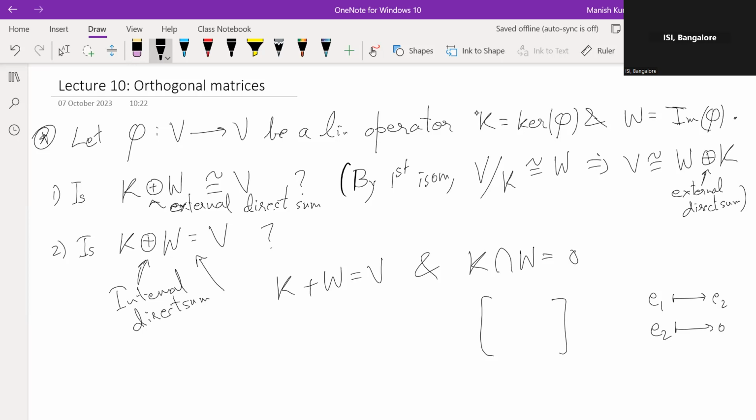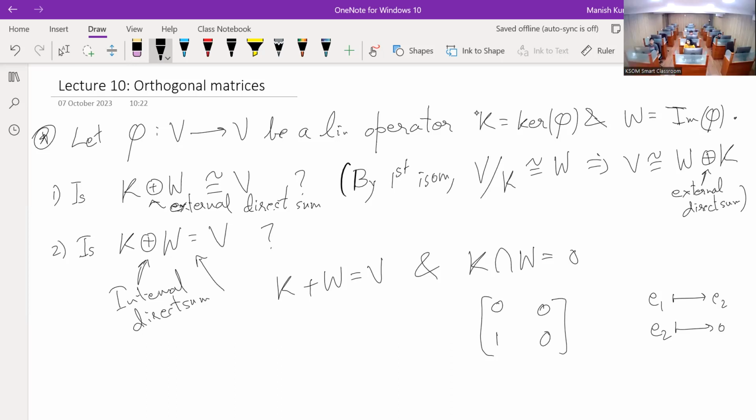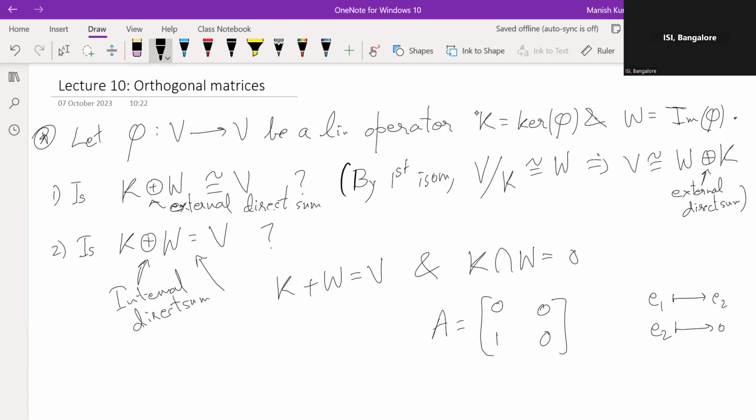E1 goes to E2. Phi of E1 is E2, so it's (0, 1). This is how we should write it. And phi of E2 is 0, so (0, 0). So this should do. So if you consider a linear map given by this matrix, then the image of A